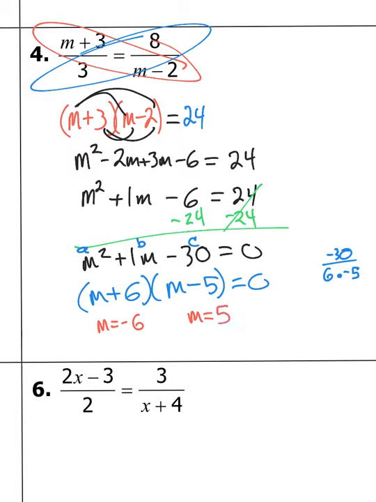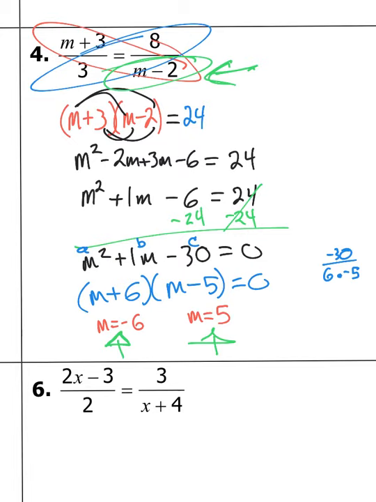All right, quickly check to make sure that they make sense. If I go back to my original problem and I see this m minus 2, if one of these answers was a positive 2, you can't divide by 0. So if we plugged it back into the equation, we would get no solution. Seeing that neither of my answers would give me 0 there,